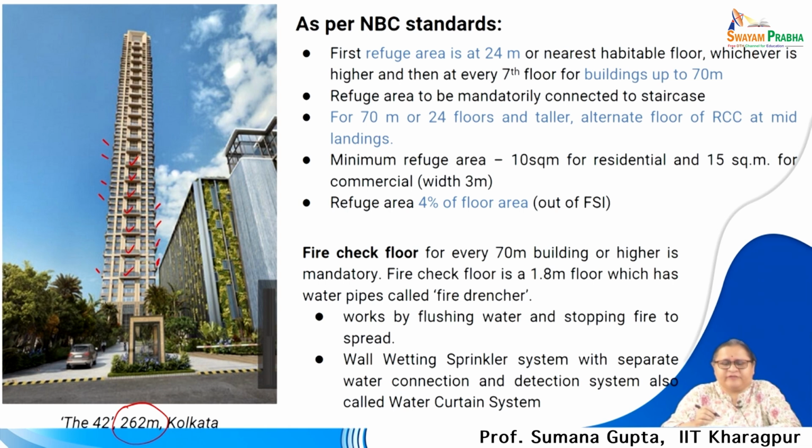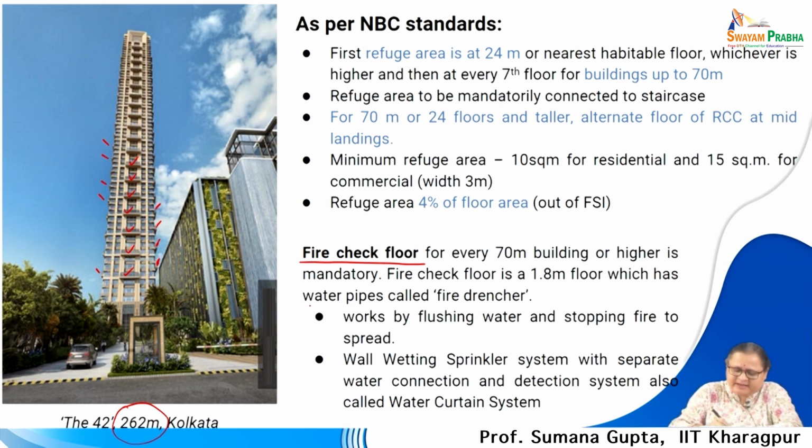So, from 70 meters, what happens? You have to put a fire check floor. It is a mandatory 1.8 meter height floor, which cannot be used for other purposes, but will have a ring